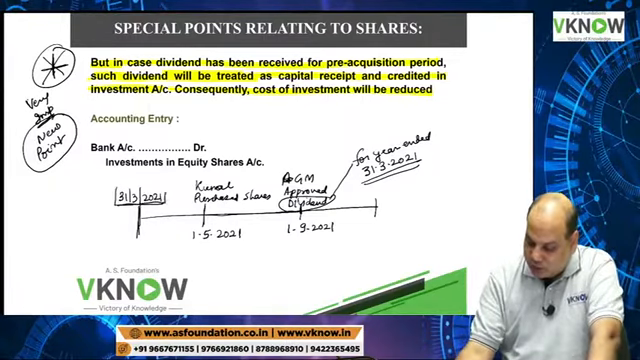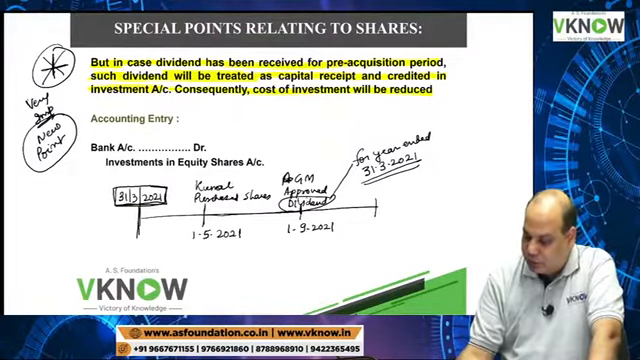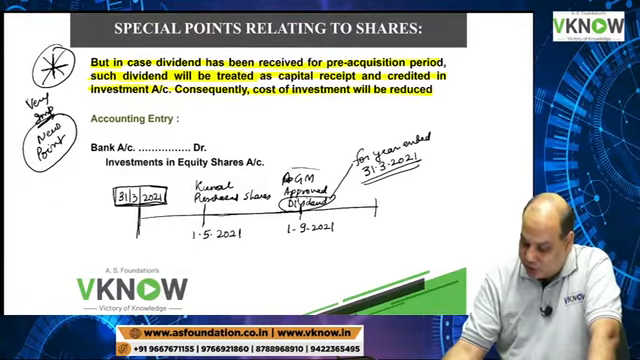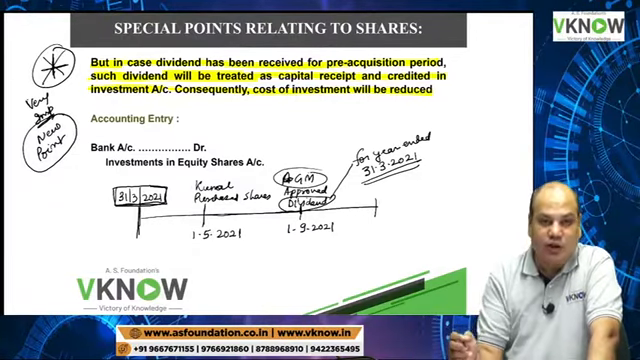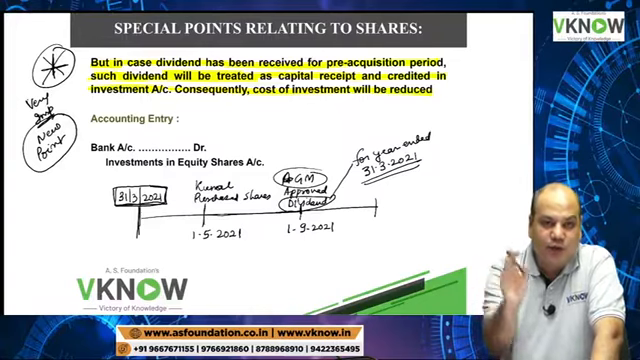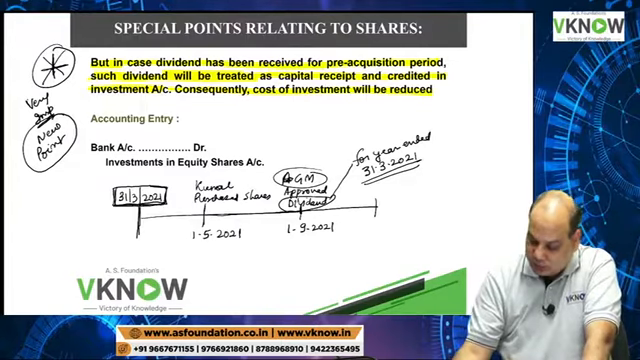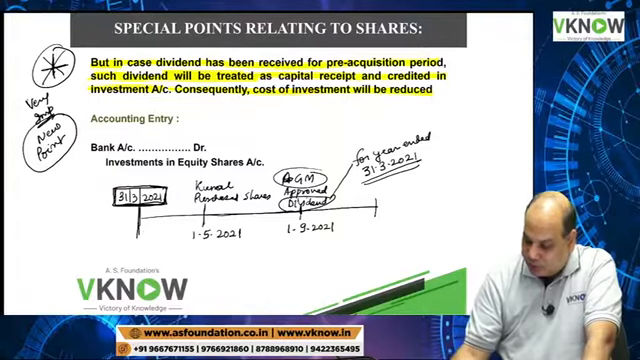Once the year is over, the company will have a board meeting. After some time, the company will have a general meeting. In that general meeting, they will approve the dividend proposed by the board for the year ended 31st March 2021. So dividend will be paid